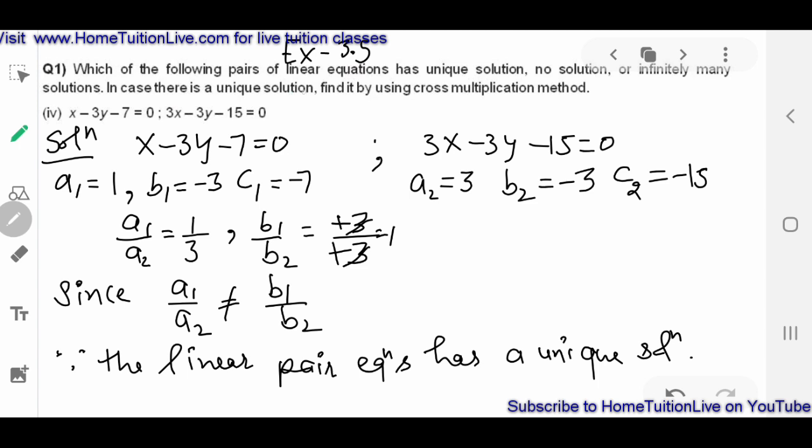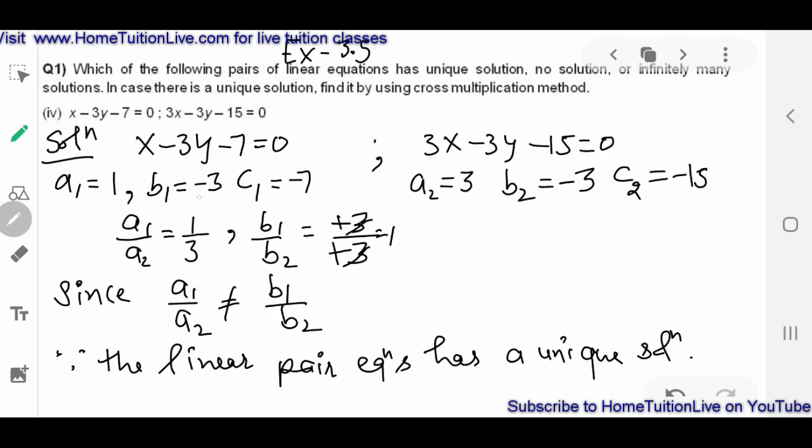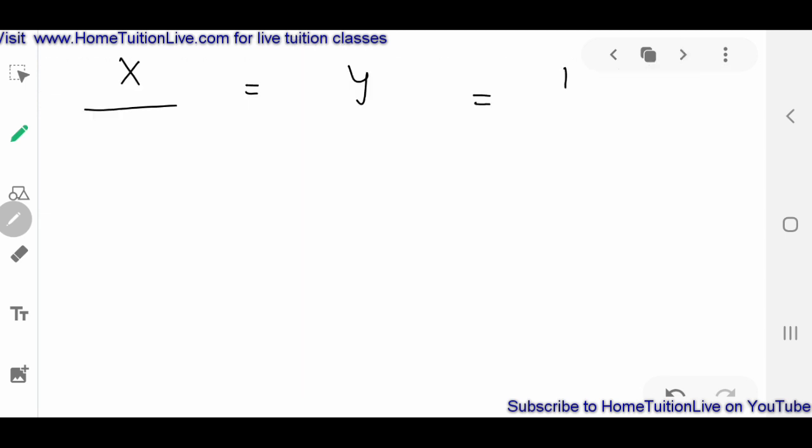In case there is a unique solution, find it by using the cross multiplication method. So we have to use the cross multiplication method. For the cross multiplication method, you can see my previous videos. I am directly writing here x, y, 1. So minus 3, minus 3, minus 7, minus 15, minus 7, minus 15,